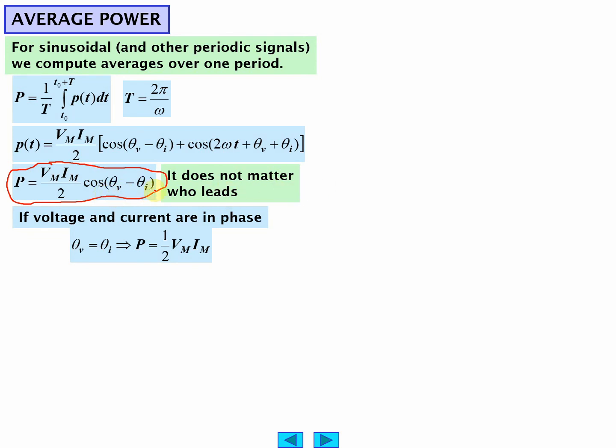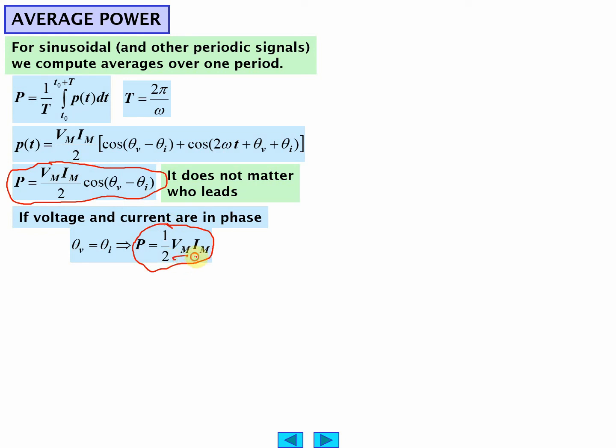So the power doesn't care which is the leading and which is the lagging factor, whether the voltage or the current leads. If they're exactly in phase, which is like a resistor, the power is just 1/2